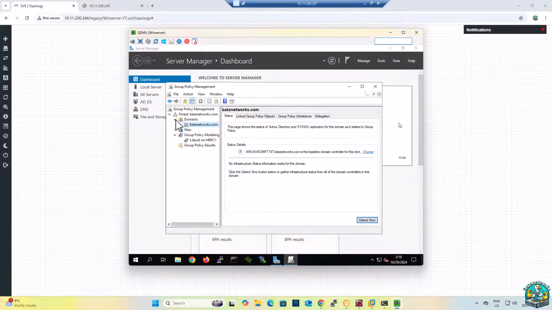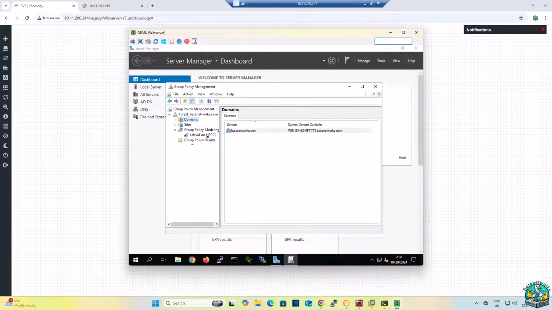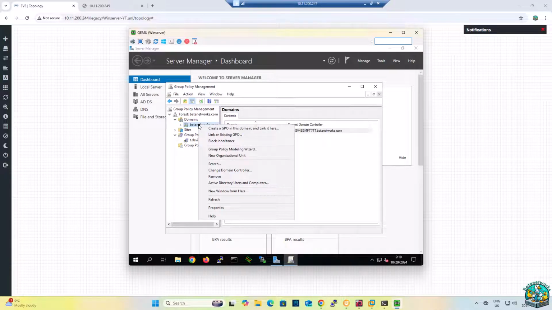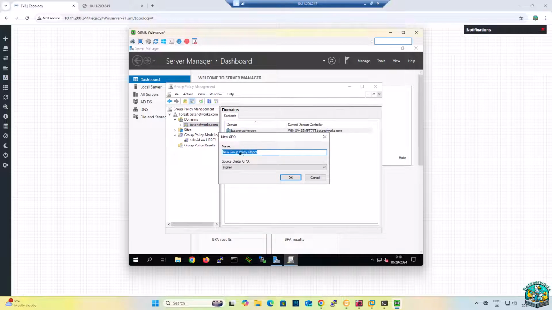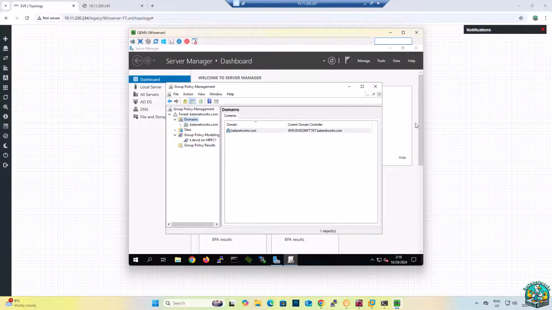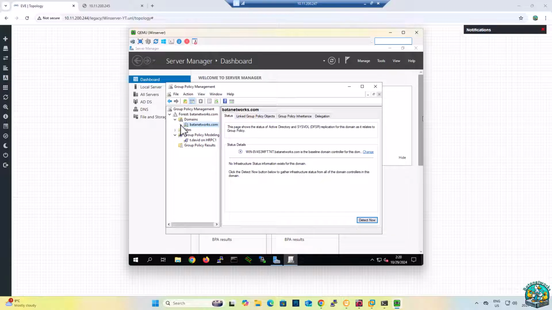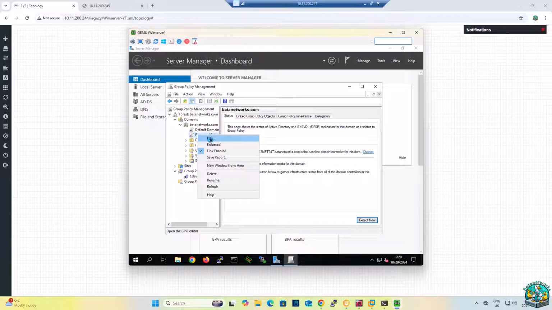So over here what we will do is the same place where we create the module. Just press on domain, you'll see your domain. Right click on that and then create a GPO. Click on that, name it. So let's say for example we're gonna name it password policy, and then okay. Alright, so after we created, we just expand our domain, and then we see it right here, password policy. Right click, edit,